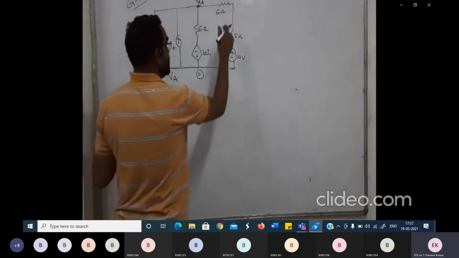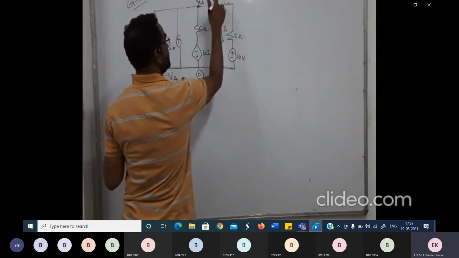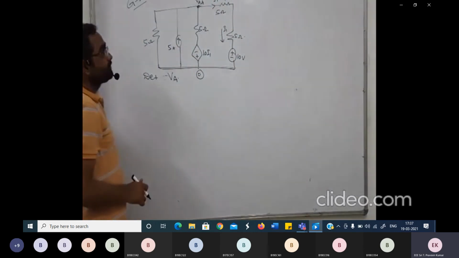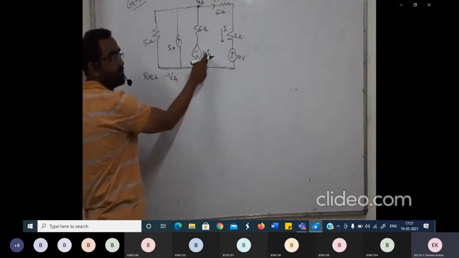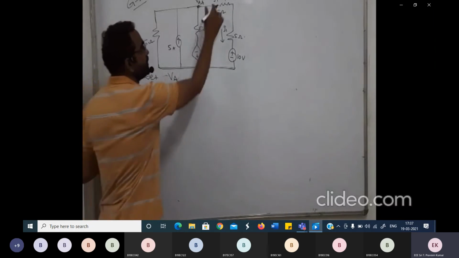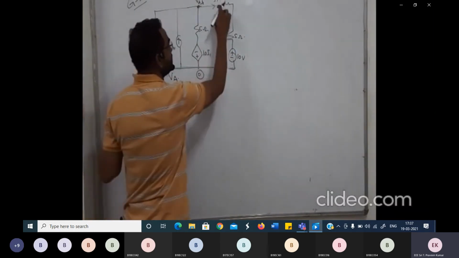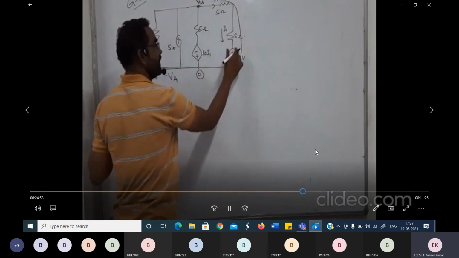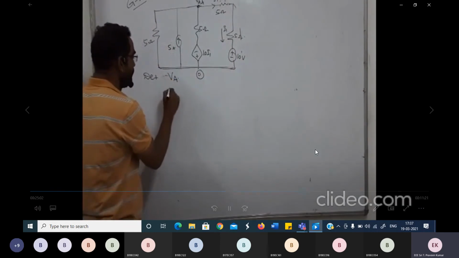Now if you can look at this, it is given in the problem itself, this is your I1. Now this I1, this 5 ohm and this 5 ohm both are connected in series, right? First thing is like, if I can calculate what is I1, I can substitute here, I can solve, right? First thing what we will do is we'll see what is the equation for I1. Now if you can see, this current is going through all these 5 ohm resistor and 10 ohm source.